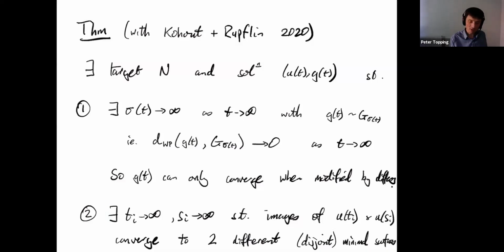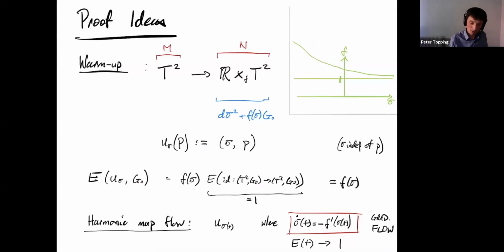Okay, so in the last 5 minutes, I just want to give you some idea of the proof. I have maybe 3 or 4 slides, so let me select. Let me go back to basically the picture I had right at the beginning, but in a slightly different situation where I replace S1 by T2, in other words by S1 cross S1. Imagine the situation where I have T2 to R cross T2, and a warping function f, now only living on R for simplicity, and I've just drawn this function. The important point is that it converges down to 1 as sigma goes to infinity.